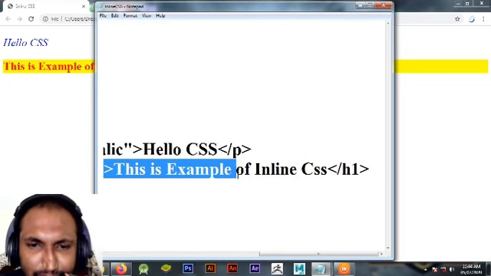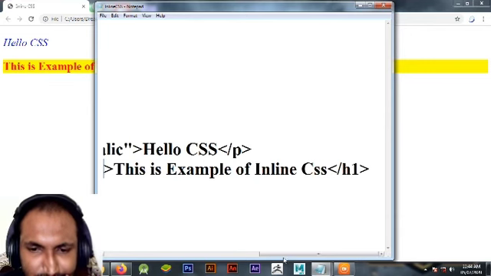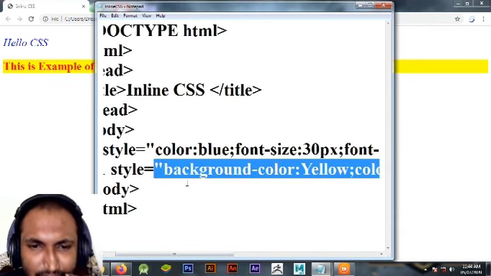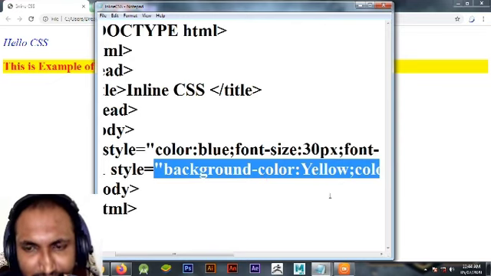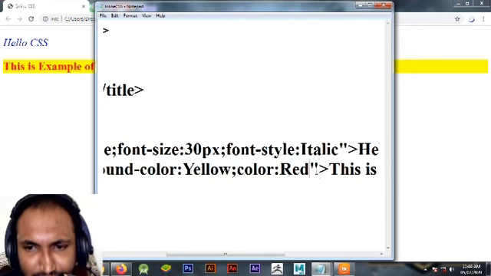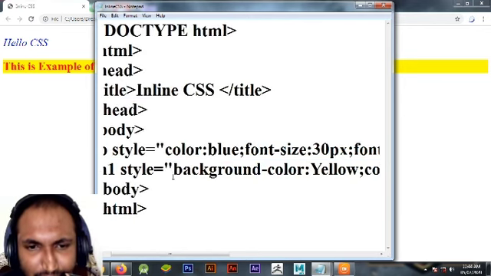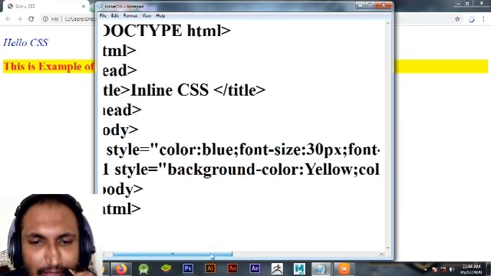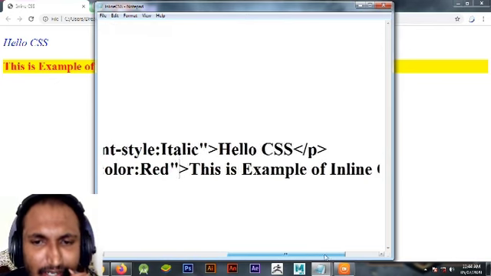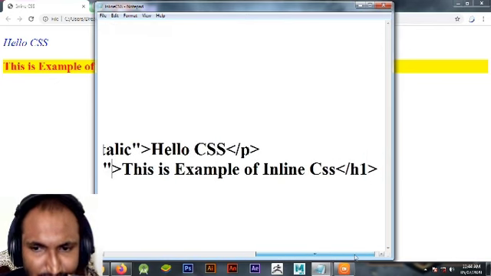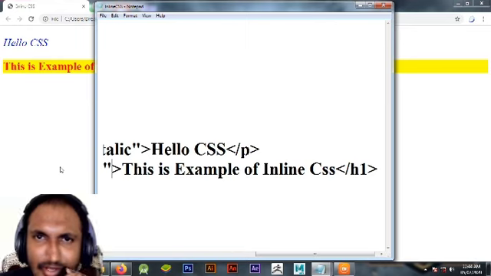You should simply close your properties and their values, separated by semicolons, in double quotes, like you use different attributes in your different programs. So this is all about inline CSS.